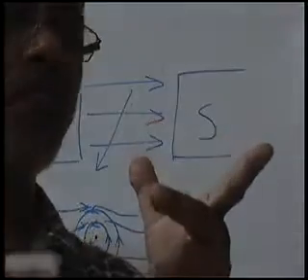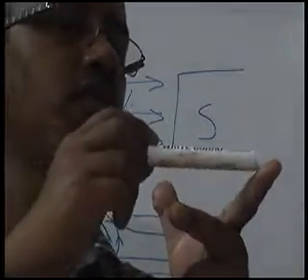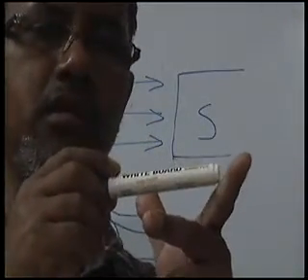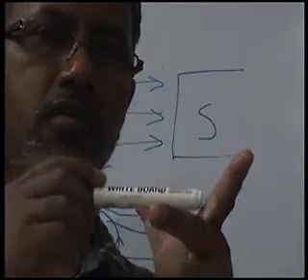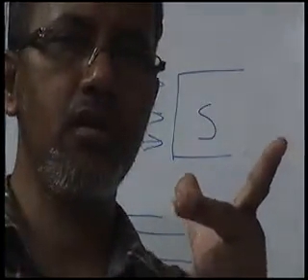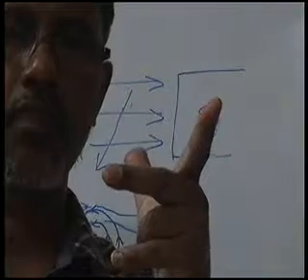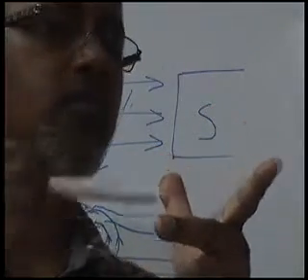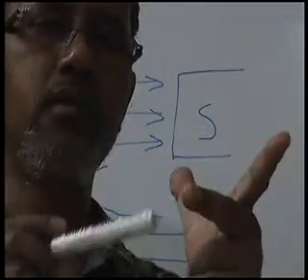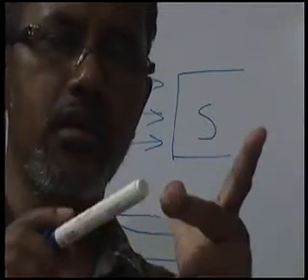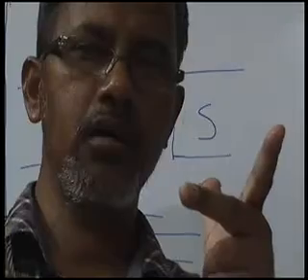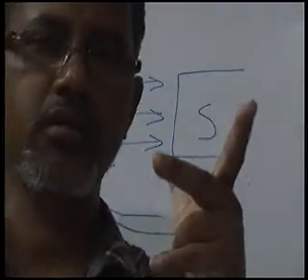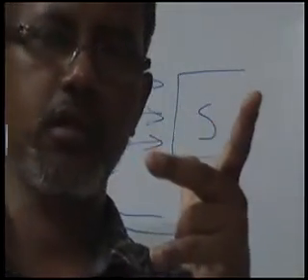This is the forefinger, F for forefinger, or F for the field, the direction of the magnetic field from north to south. And this is the center finger. C for center finger, or C for the direction of the current.